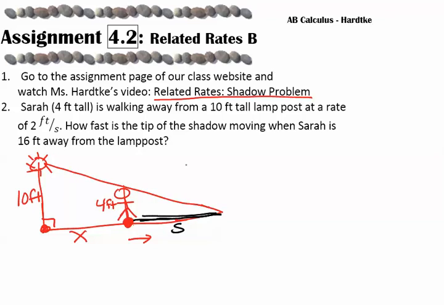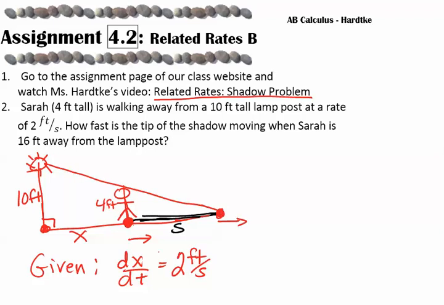And, well, let's see what we're given here. We are told how fast Sarah is moving away from the lamppost. So I would say that we are given dx/dt. So the distance between Sarah and the lamppost is changing at 2 feet per second. What are we looking to find? How fast is the tip of the shadow moving? The tip of the shadow right here is also going to be moving to the right. So I think I could say that we're going to find ds/dt,